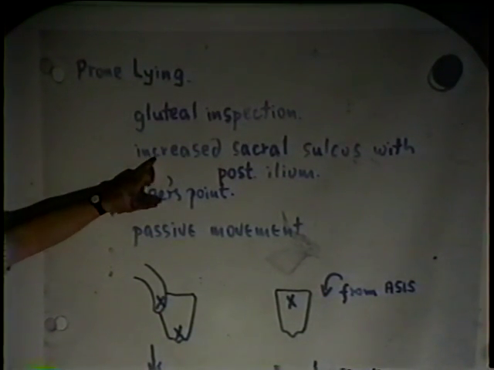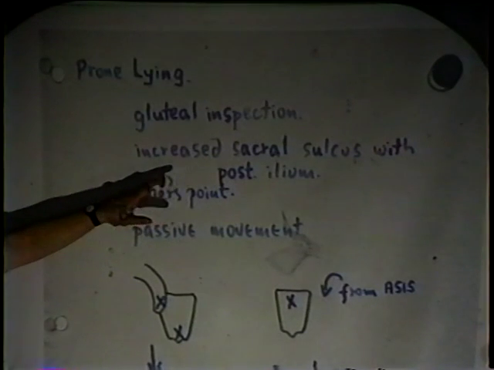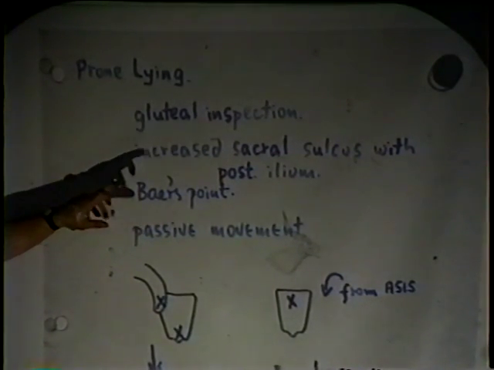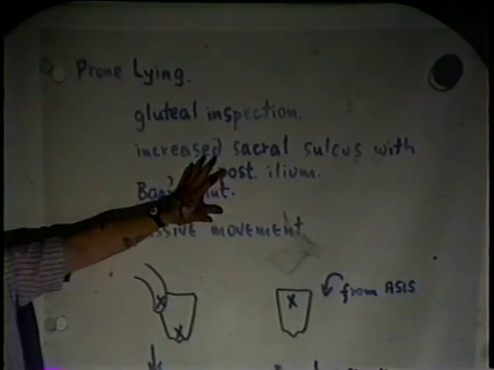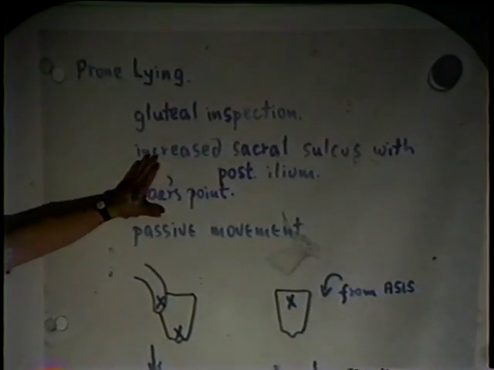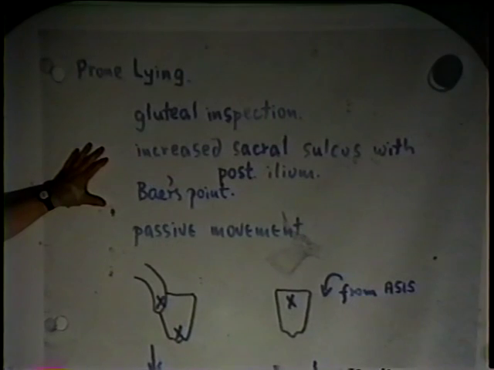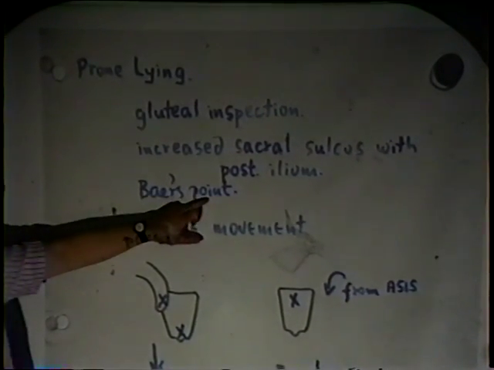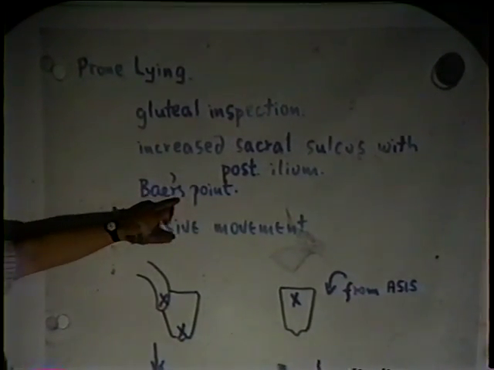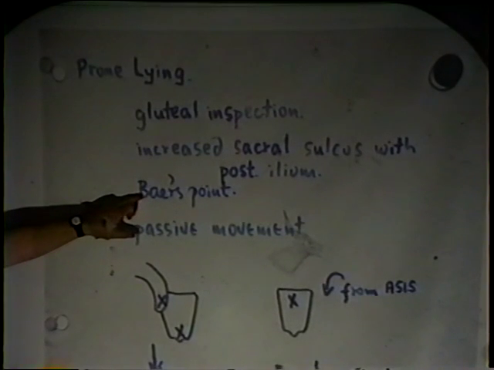There may be an increased sacral sulcus. This is one of the muscle energy sort of points. So we'll do a muscle energy sort of anatomical survey, just a little exercise in anatomy. If we haven't measured Baer's point, and Cliff Fowler made this point because he often stretches the iliacus in this